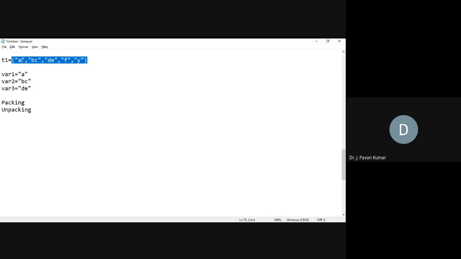Similarly, whenever we unpack all these elements, this is packing. Unpacking in the sense getting all these values into individual variables, like variable 1, variable 2, variable 3, variable 4, variable 5. Not only these names, we can use some other names as well, but overall the idea is getting the elements of the tuple into individual variables is nothing but unpacking. And now the question is, how could we do unpacking? Before answering, how are we doing packing?